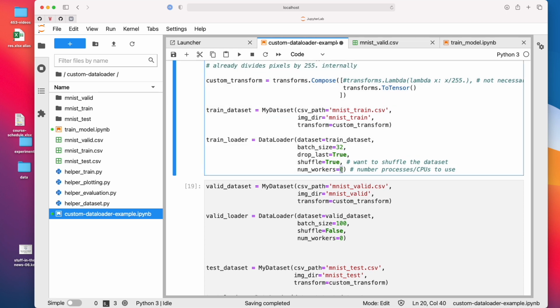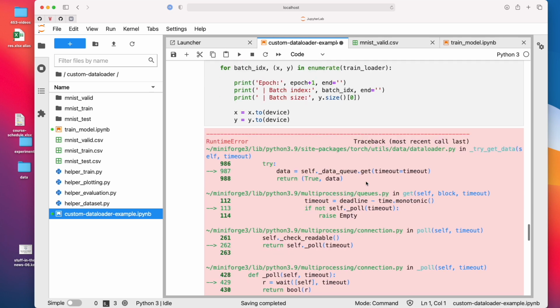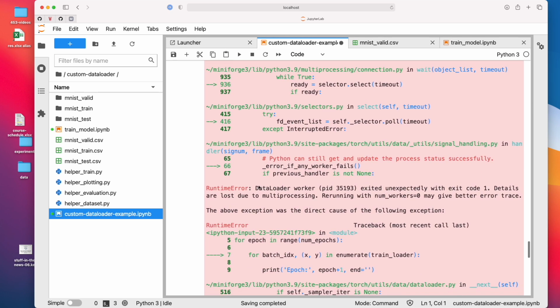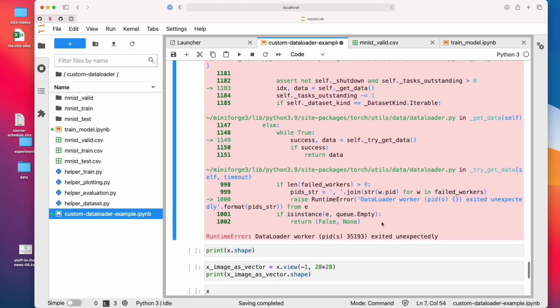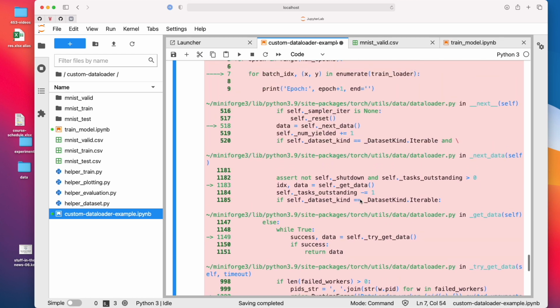So I don't always get this error, but with MNIST, see, I get something like this. I think this is because there are too many open files.